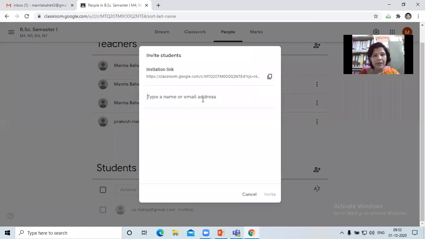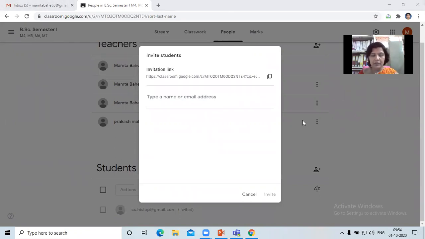Suppose, can I use anybody's email address so that he or she can show the joining right now? Yes, ma'am. Please just text that email address in the chat box, so that as a student, okay, fine.